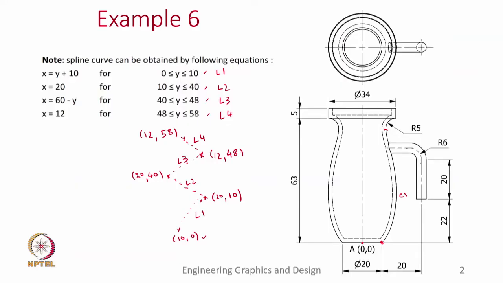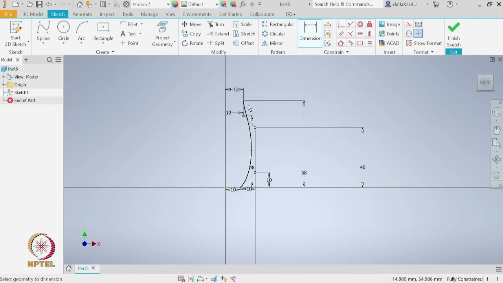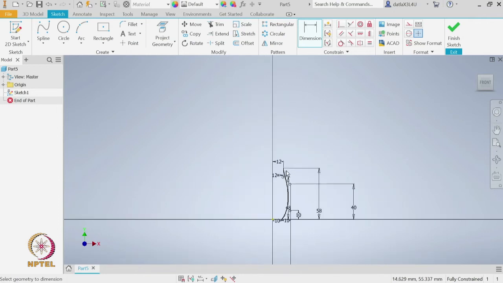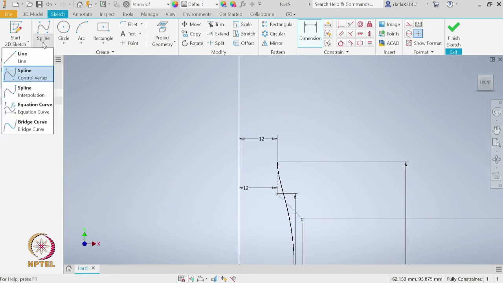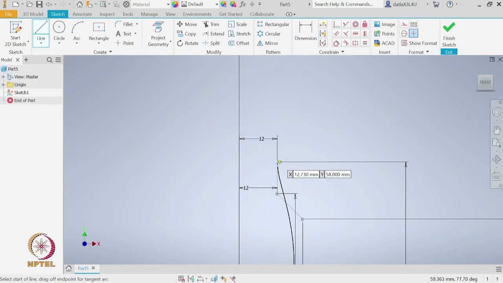Now you can also see that it is completely constrained and we can finish the sketch, but before we finish the sketch let us create the complete profile by making it a closed curve. Until now what we have done is only creating this curve C1, which is a spline, but we are yet to do this fillet and the uniform cross section vertical thing. So, now let us create those. Before I create a fillet, first I will create a sharp corner, later I can apply the fillet command. So, for this let us zoom in and use the line command and start. I have to go vertical up 5 units and then horizontal 5 units.